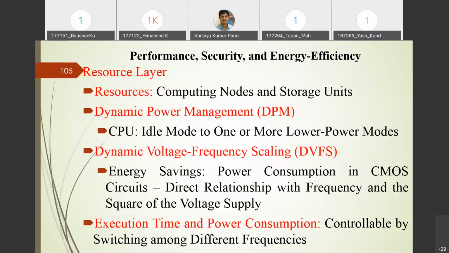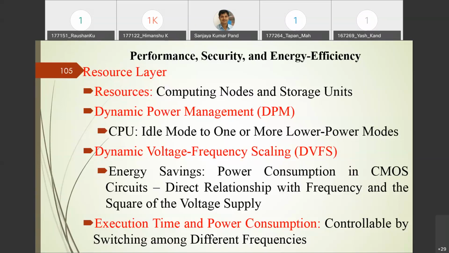So here it is saying, why not convert this idle mode to some low power mode? There is a classification. In one low power mode, somebody will be active to receive a particular application. In another low power mode, somebody will wake up to receive an application. Another low power mode is where a particular system is completely switched off. Such types of modes we can design by using this DPM.